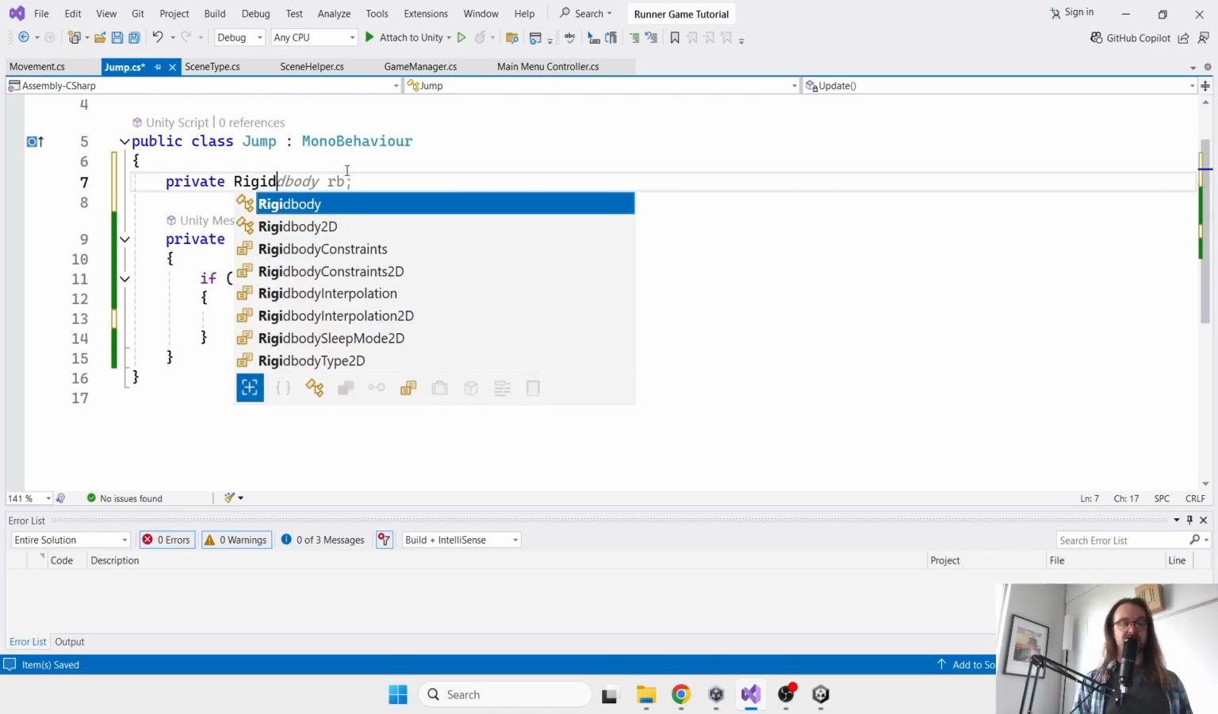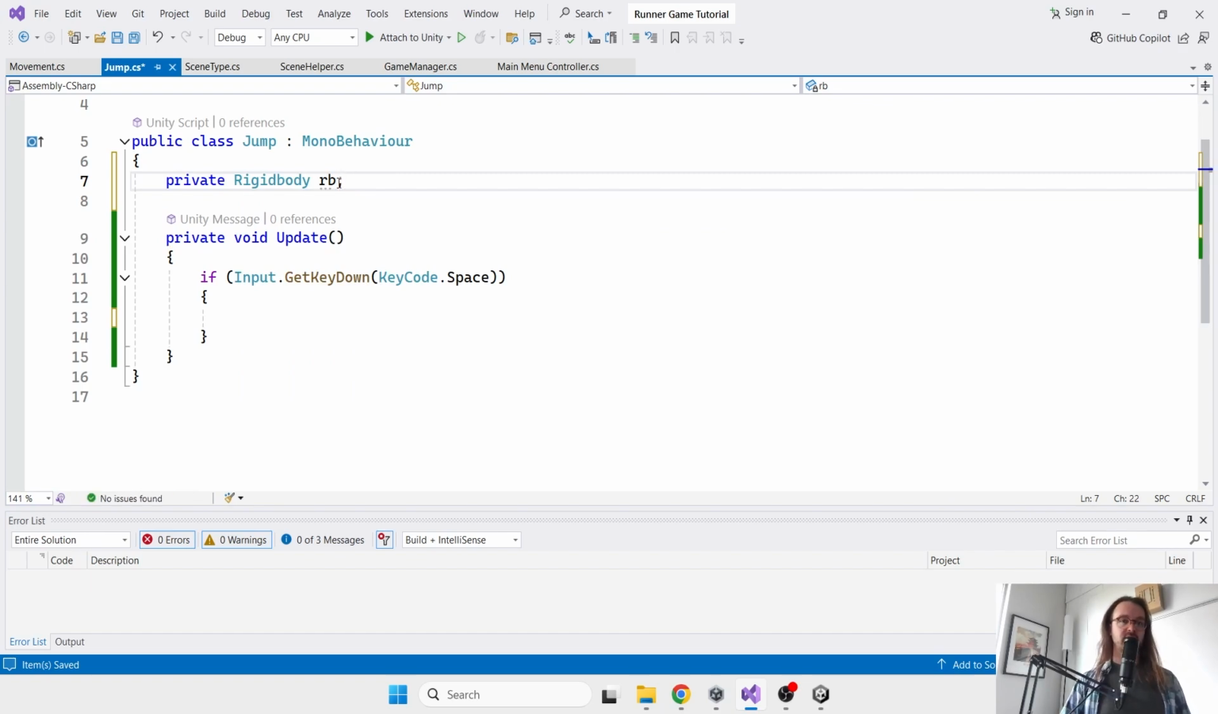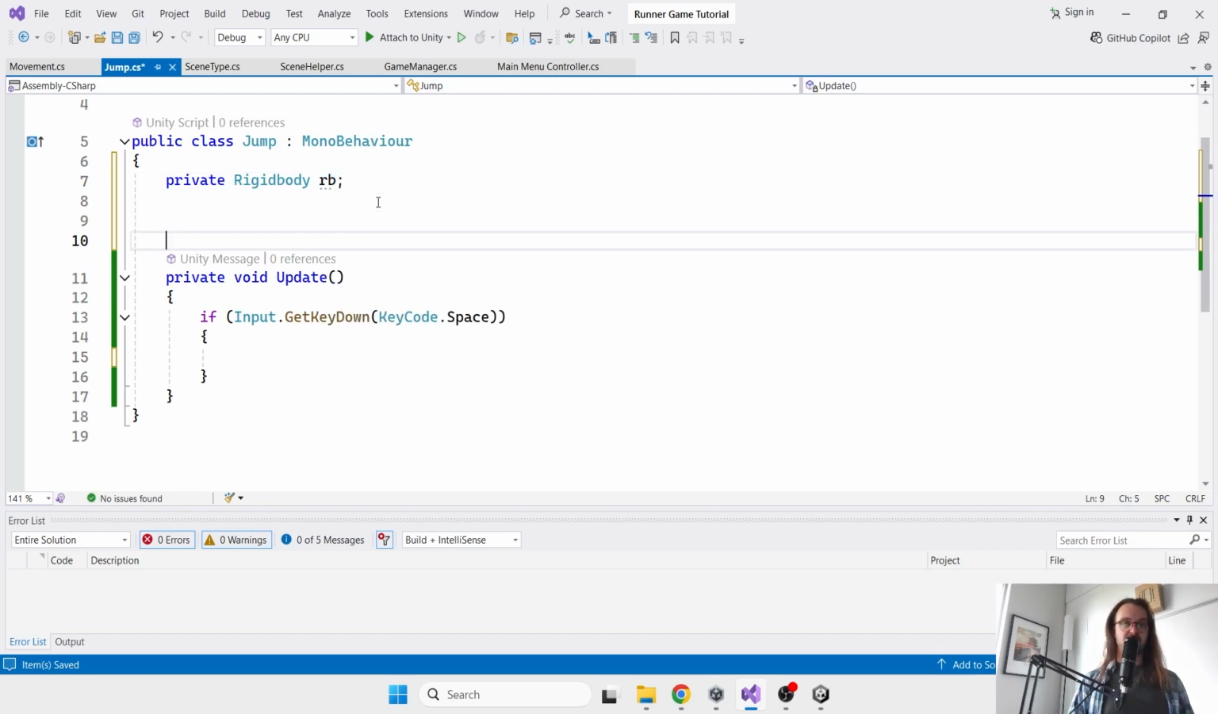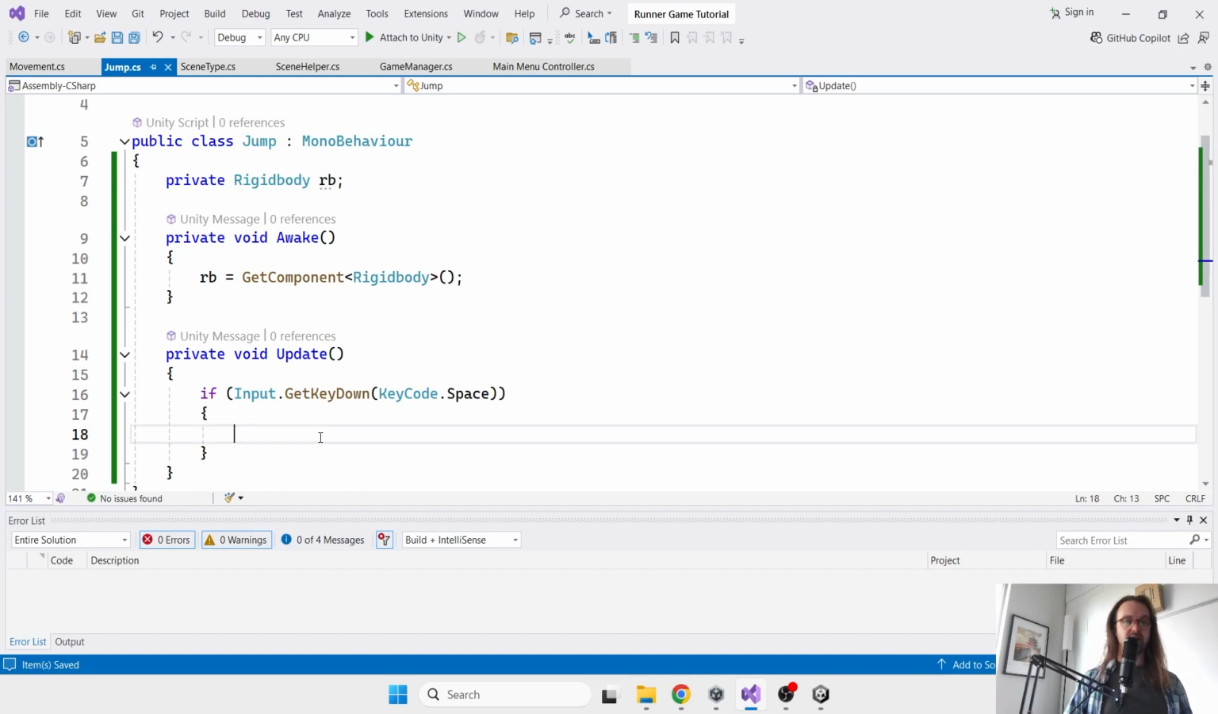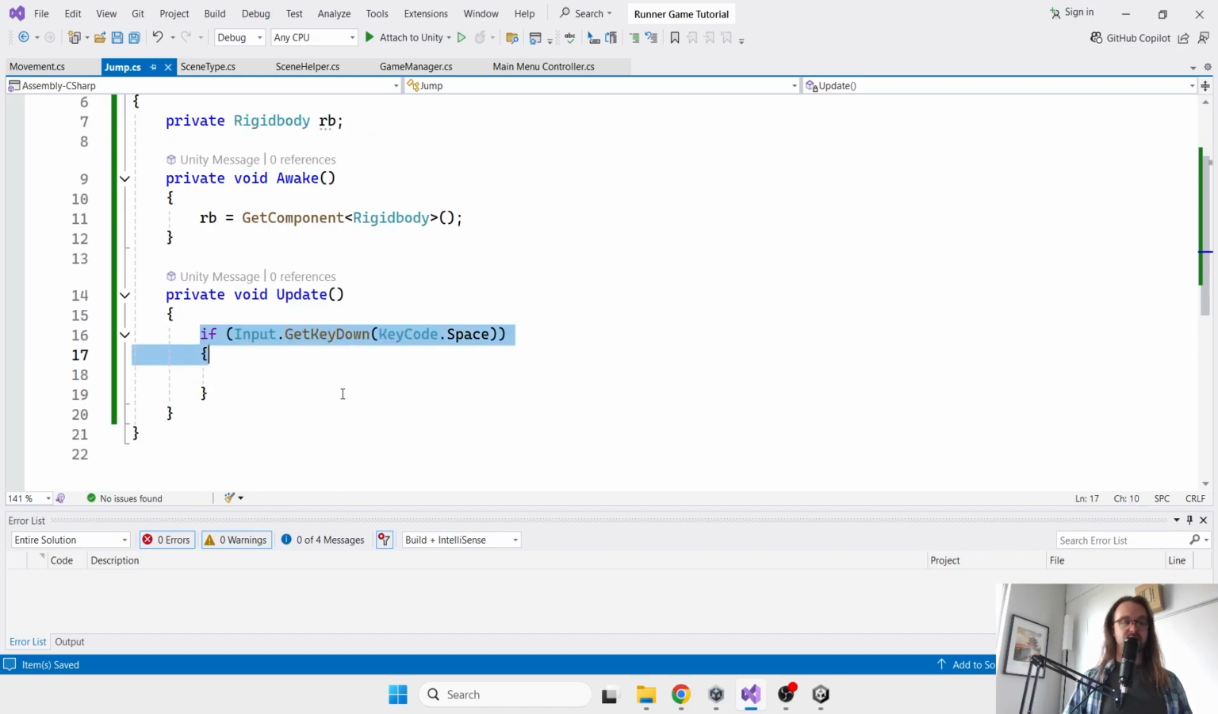So we'll need somewhere to store this reference. RB is a common variable name for a rigid body, so I'll call it RB, that's fine. Okay, and then we'll go into Awake, and we'll just say RB equals GetComponent Rigidbody. So now we have a reference to our player's rigid body, and now if the space key is pressed down,